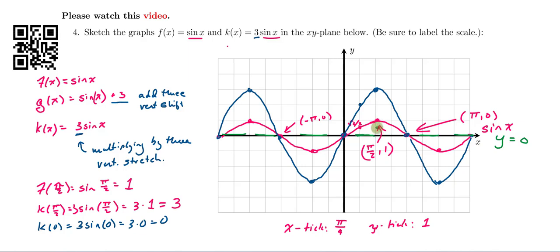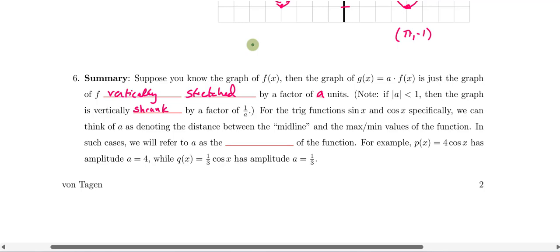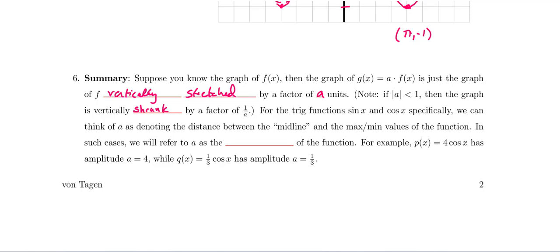And for the first one we sketched, notice that the distance between the midline and this peak, or between this midline and the valley, is the absolute value of a, which is 1. Or for the blue graph, the second one we sketched, if you look at the distance between the midline at y equals 0 along the x-axis, and you count up, we're up 1, 2, 3, or down 1, 2, 3. That up or down by a factor of 3 is what we see right here. And we give this a term with sine and cosine. This doesn't work for tangent or cotangent, and it's not usually applied for secant or cosecant, although maybe you could do something like that. But we go ahead and call a the amplitude